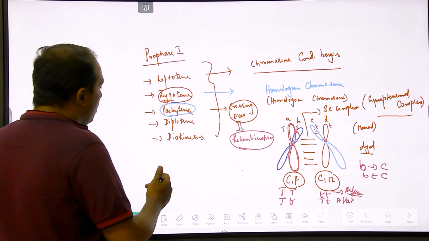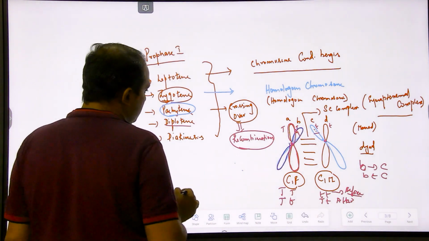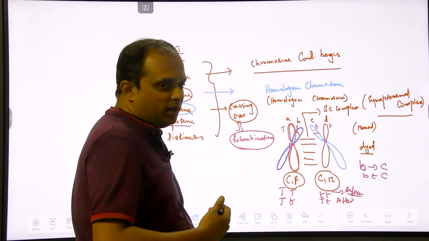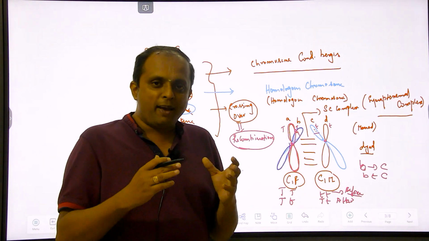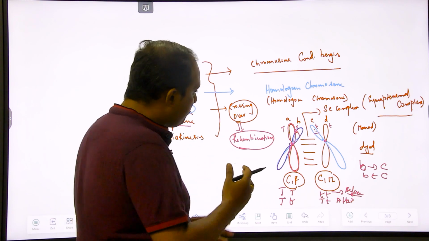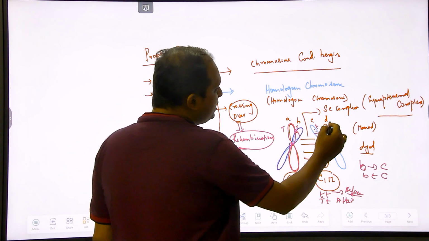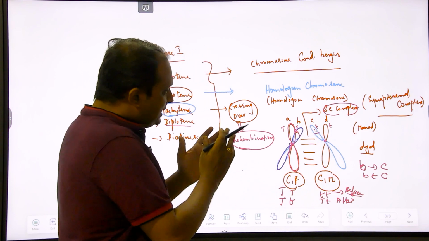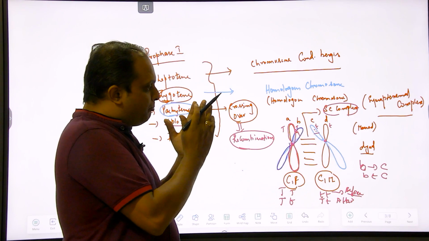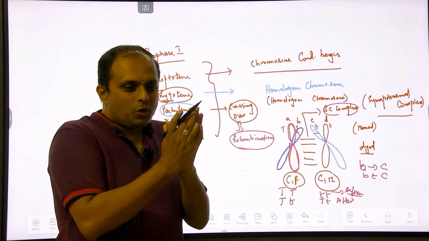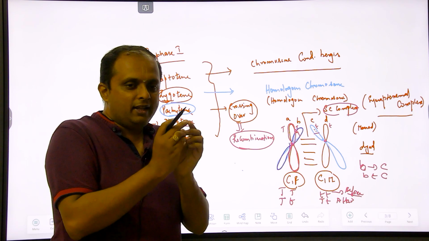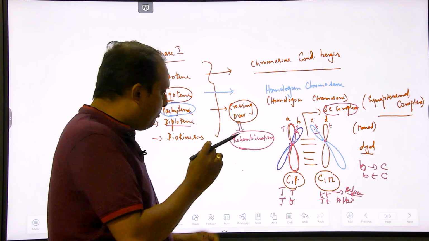Fine. Now what is going to happen in diplotene? Diplotene, what happens? See, it is going to be somewhat a reversal of zygotene. What is zygotene? That is the pairing of homologous chromosomes. Now what happens is the synaptonemal complex is going to dissolve. The SC complex is going to dissolve so that the paired homologous chromosomes are going to separate apart. Okay, but they are not completely separate. Wherever the recombination happened,